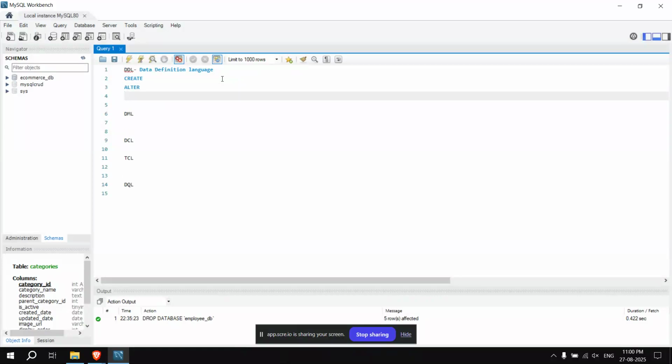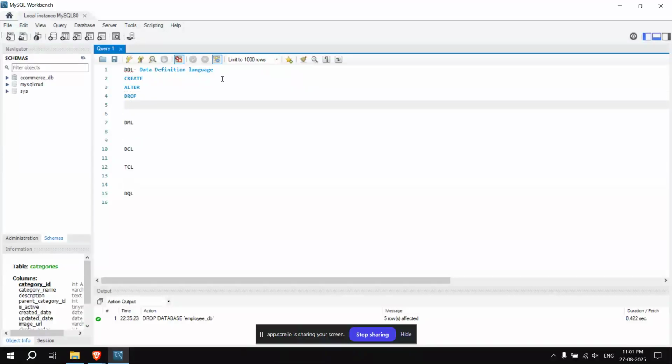Alter means modifying. Suppose my name is Swarnadeep Ghosh, and I want to alter my name from Swarnadeep to Arjun. Then we'll use the alter clause to alter my name. And then comes the drop command, and then the truncate command.